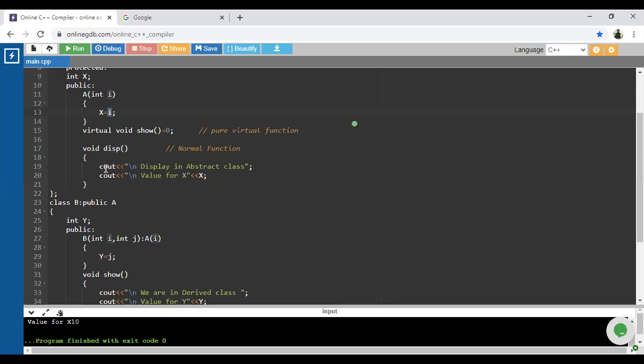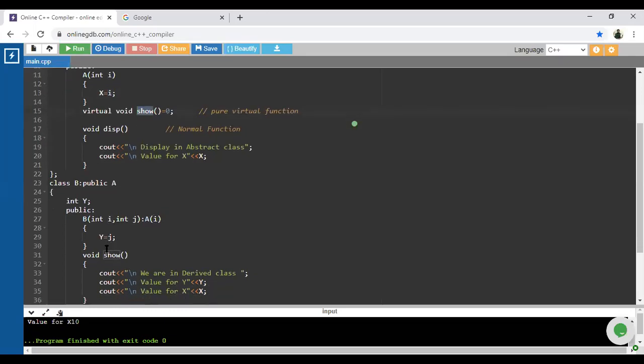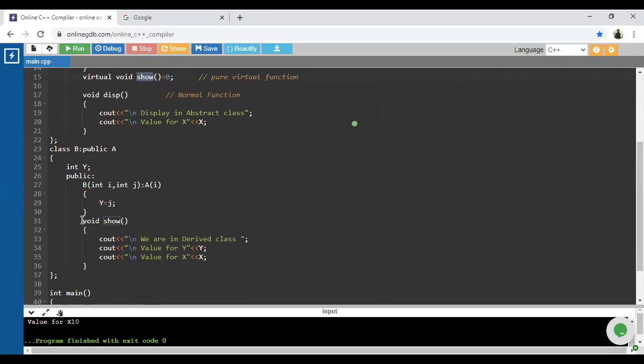Third one: if we do not override the pure virtual function in the derived class, then that derived class will also act as an abstract class. Say we forgot to override this show method inside the derived class. I will just comment out this code. Just look at the output, guys.